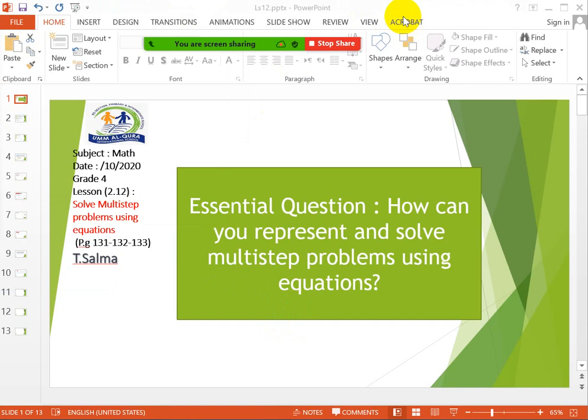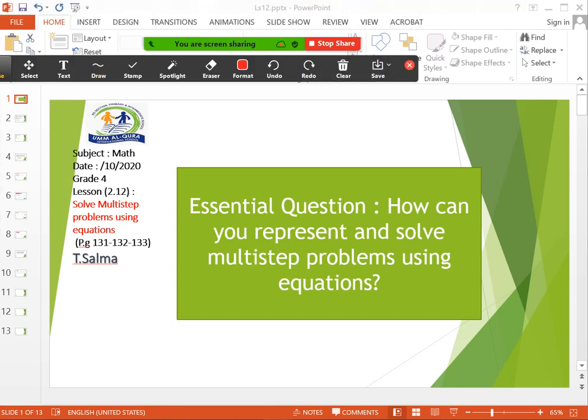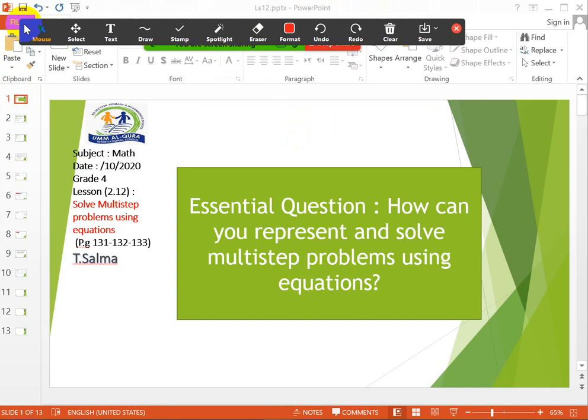Today we will start with lesson 12. Please bring your books and open them on page 131. Girls, we will start after 1 minute. Today we will start with lesson 12. How can you represent or how can you solve